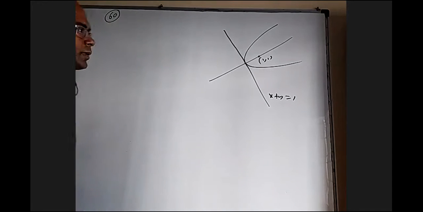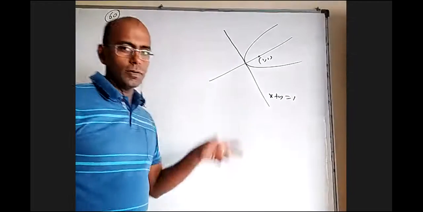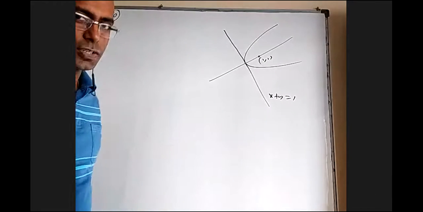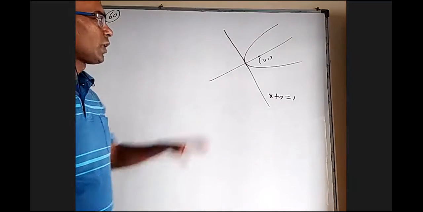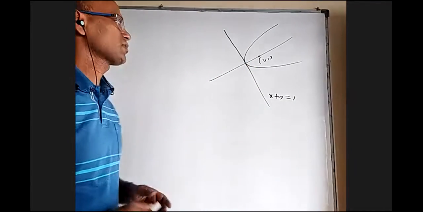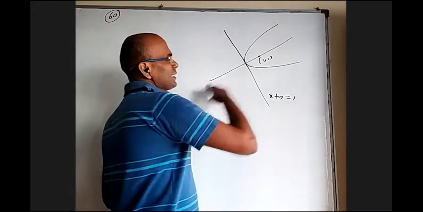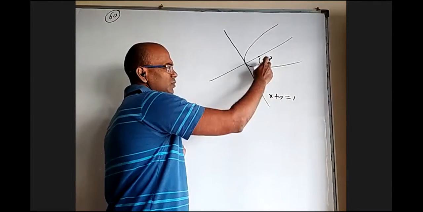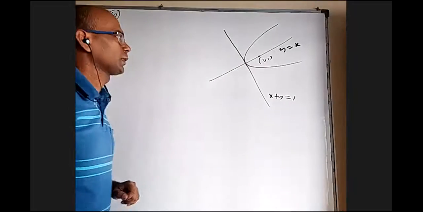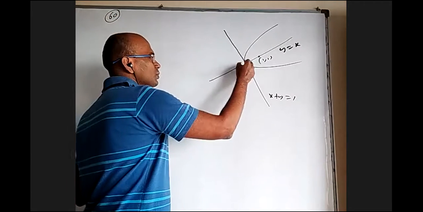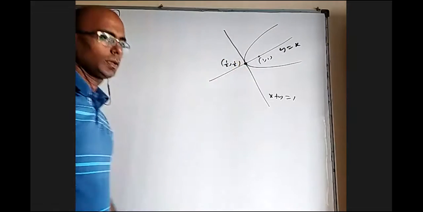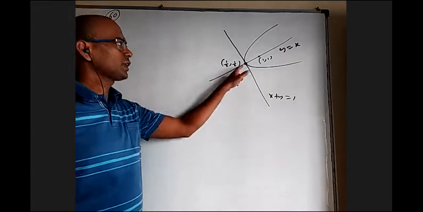Okay, so coming to this present question, we need the parabola equation, the vertex, and the length of the latus rectum. They want three things here. What is given is focus (1, 1) and tangent at vertex x plus y equals 1. Obviously, the axis will be perpendicular to this, passing through (1, 1). So y equals x. So we know the axis now, and you can solve these two. You'll get this point as (1/2, 1/2).